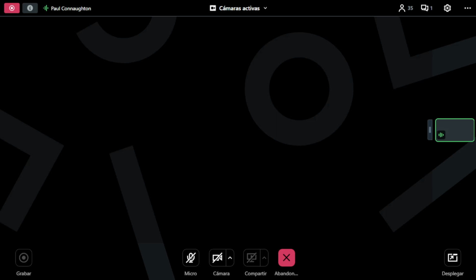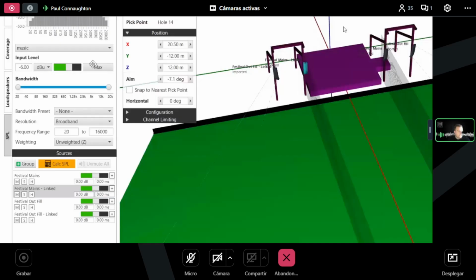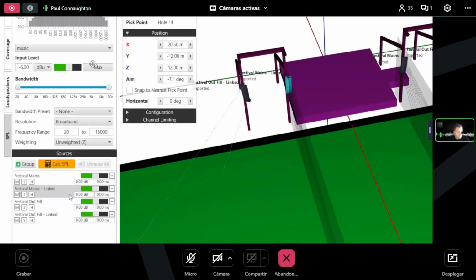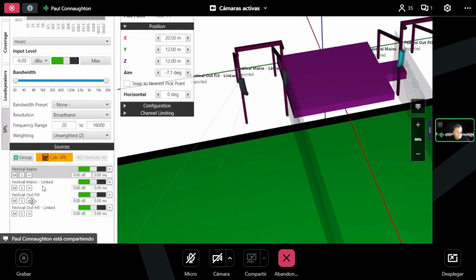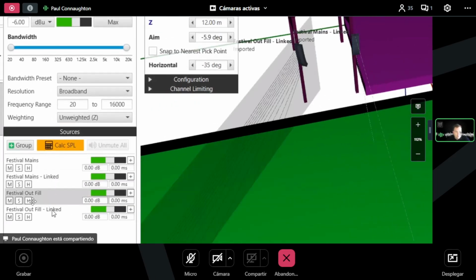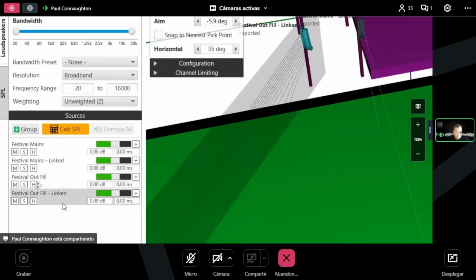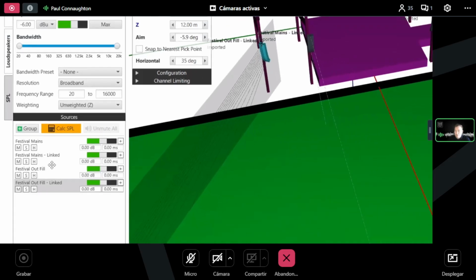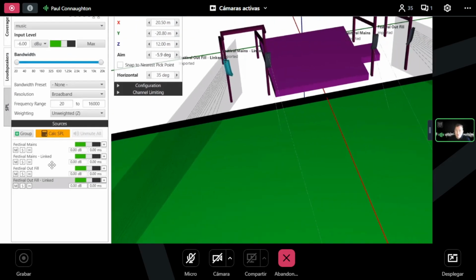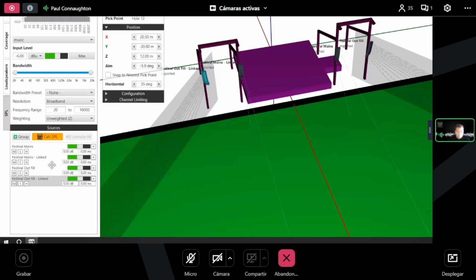To create source groups, what we need to do is come here to our sources section in our SPL. As you can see here, I've got my festival mains, I've got my mains linked, I've then got my outfill, and then I've got my outfill linked. What I would like to do, please, is create two source groups. One we're going to call mains, and the other we're going to call outfill. So to create a group,